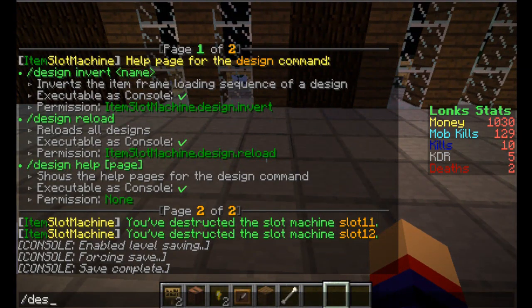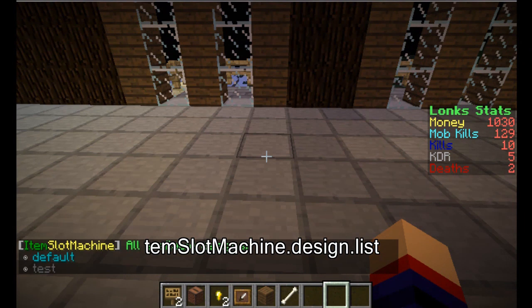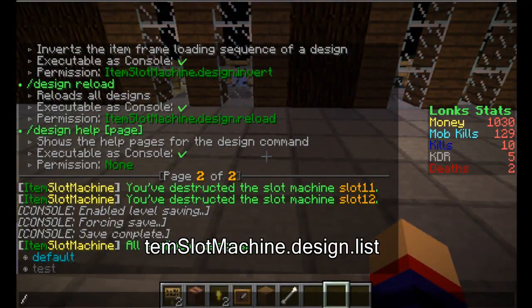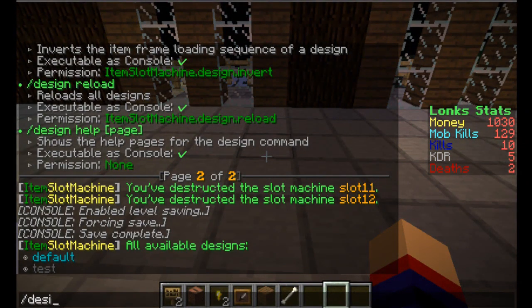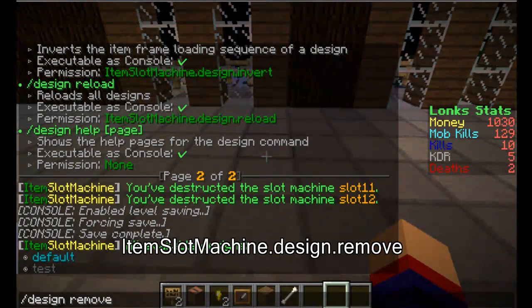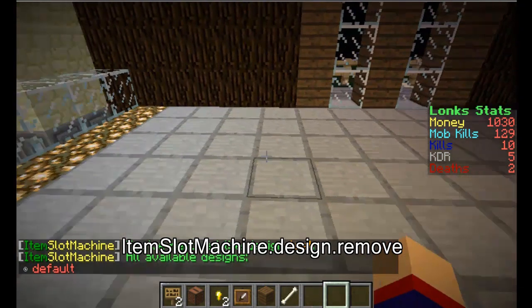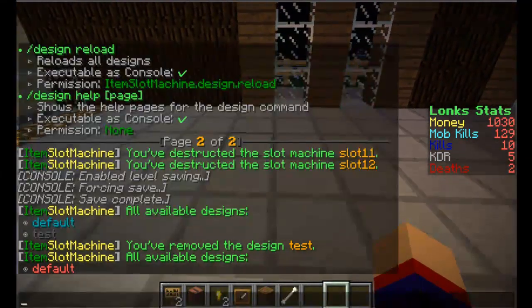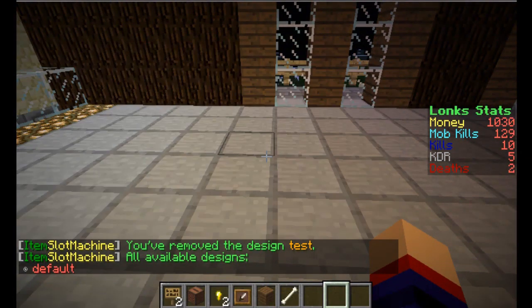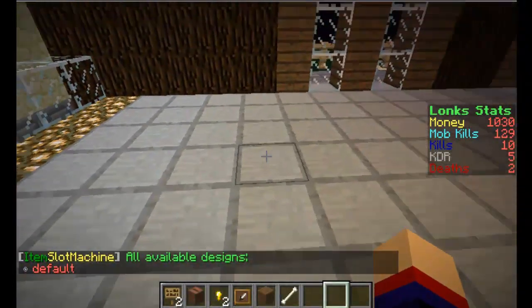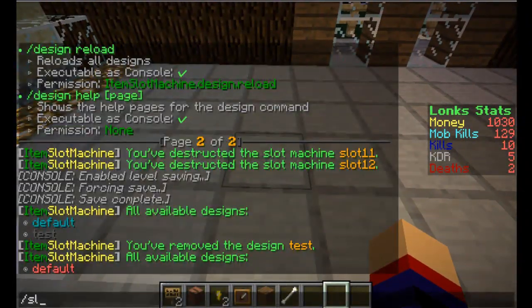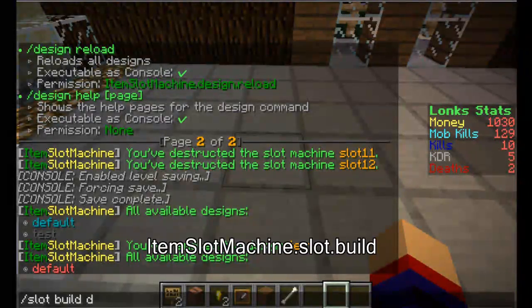So as you can see, if we type design list again, we've got the test one still there, but if we type design remove test and then we type design list, test has disappeared and we can now only create the default designs again. So if we create a machine by typing slot build default, because we're using the default design and